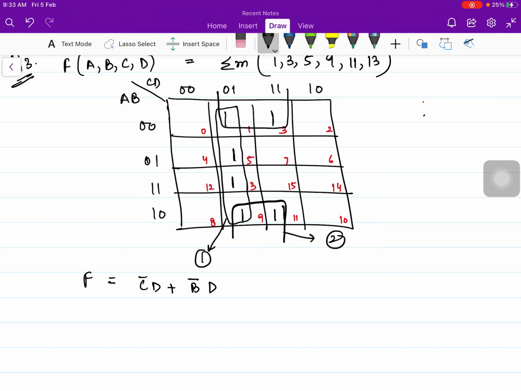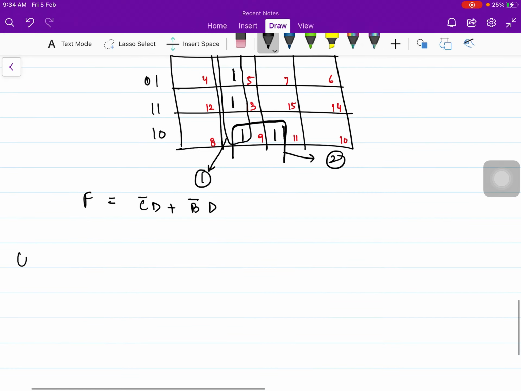So remember your aims. Your aim is first of all to search for the biggest groups, then to remove the redundancy. The block 3 and block 11 had to be grouped in the biggest group of 4. For that we used the already grouped ones, that is block 9 and block 1. So you will be able to make a group of 4 there. You already know this objective, but at a glance you forget it. So practice will make you perfect.